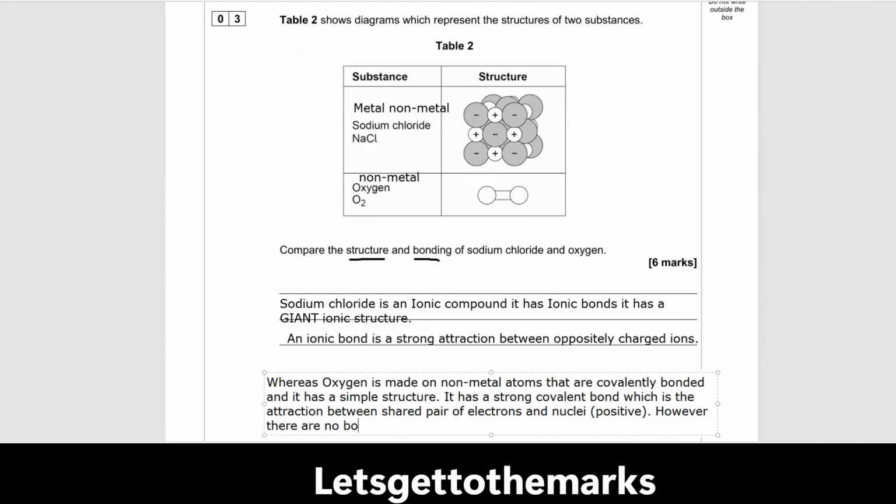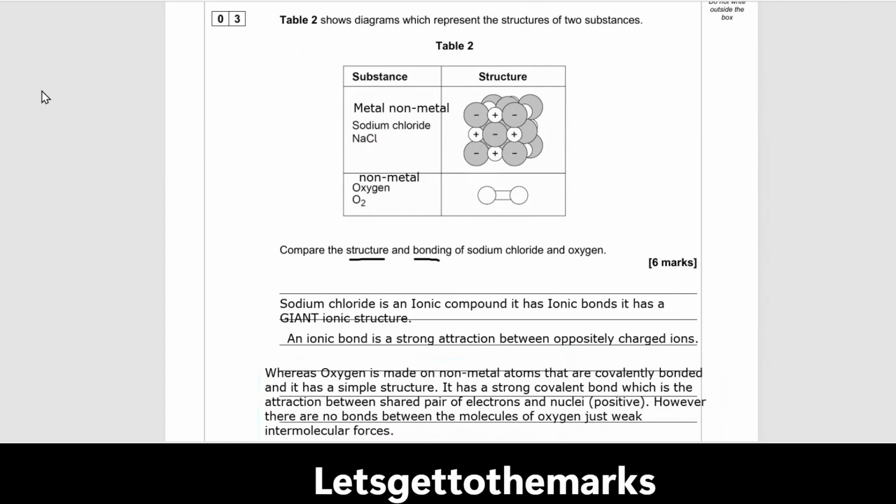There are no bonds between the molecules of oxygen, just weak intermolecular forces. So the difference is that whereas the giant ionic structure has bonds everywhere, the oxygen is like this. So very strong double oxygen bond there, 498 or something. It's a lot of joules of energy to break these bonds. These are strong covalent bonds. However, there are only weak